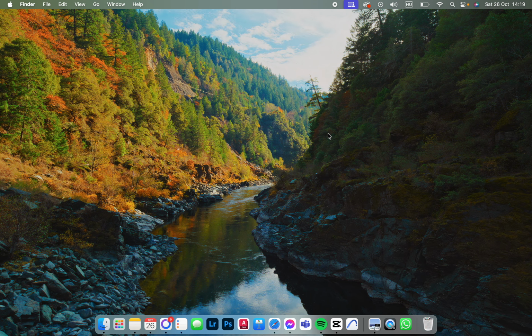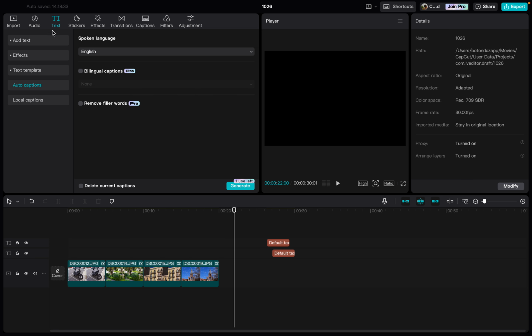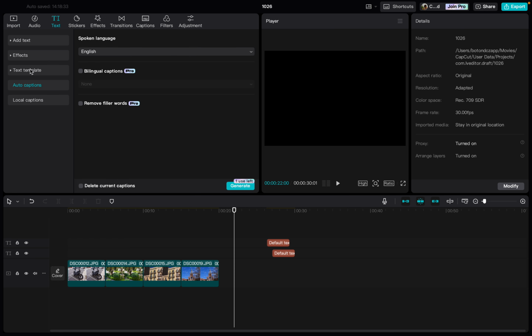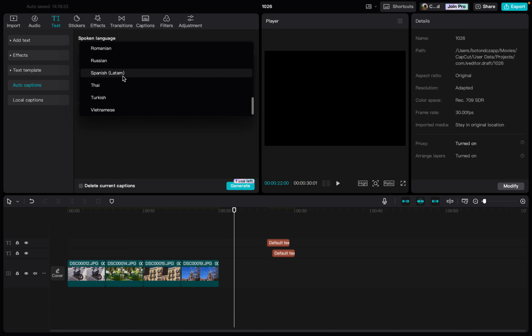Today I'm going to show you how to create auto captions in the CapCut app. First we have to open up the app, and here I already have a project opened. From here we just go into the top row, and here we select text, and then we click on auto captions here. Here we can select the language which is spoken,